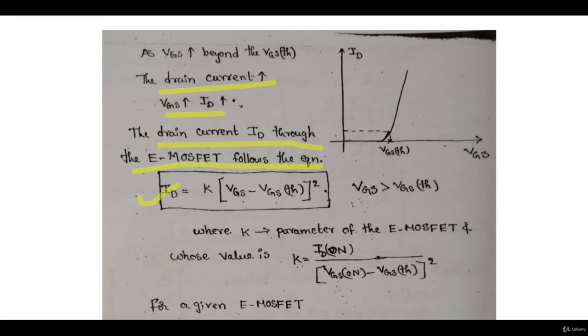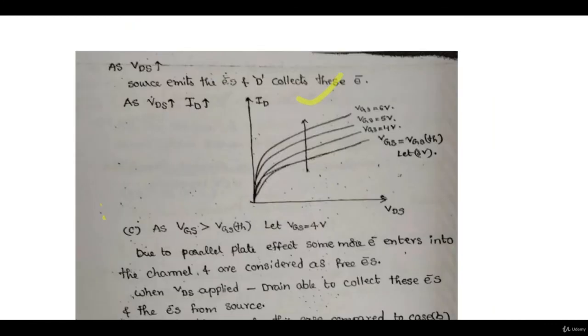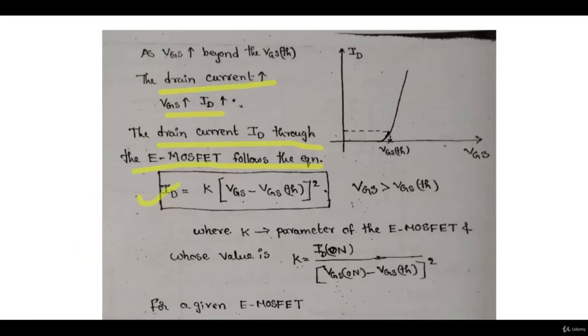Right now I am writing it for the saturation type. In the output characteristics curve, here it will be linear, then the triode region will come, then this will be the saturation region, that we will see. So this equation is for the saturation region. In saturation, ID will be some constant K into (VGS minus VGS threshold) whole square, where VGS is greater than VGS threshold. So you have made a channel, and the current follows this equation.